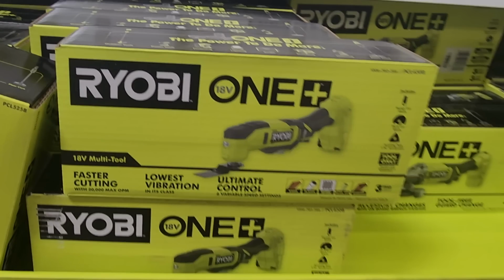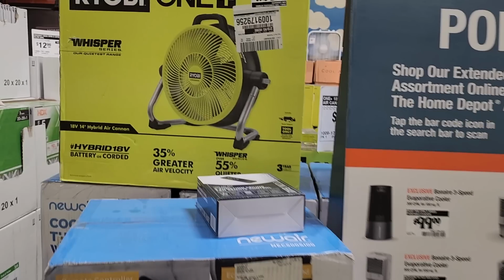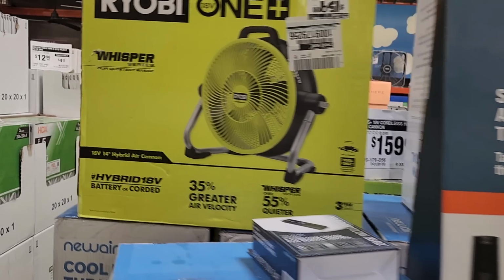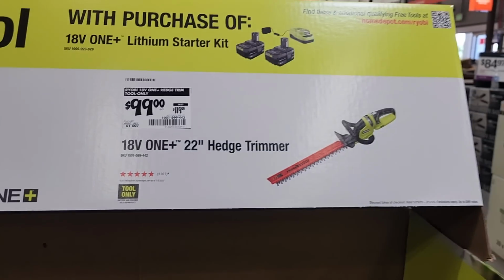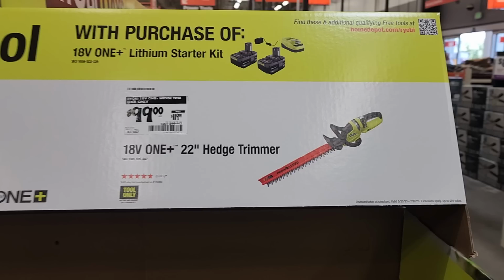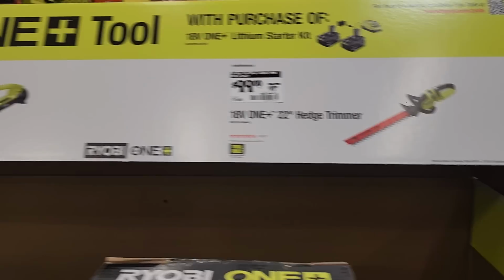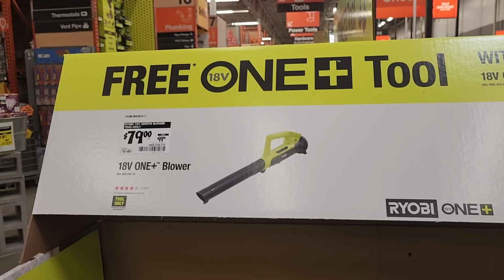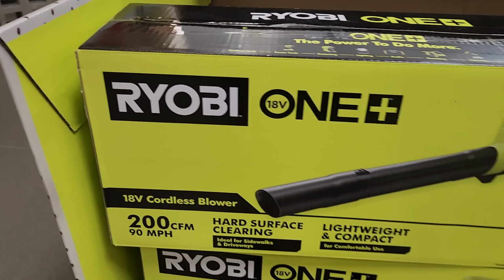So if you guys haven't used the multi-tool, definitely recommend you get one. You got the Whisper Series fan. Now this one's separate. This one's $159. This one's not part of that deal. It says 35%. And then this one is available with that deal, the buy one get one free, and this blower as well. So keep in mind that this blower is kind of on the weak side. It's only 200 CFM, only for a small yard or